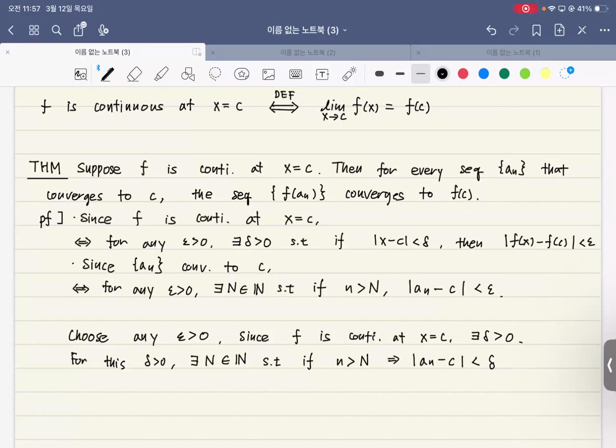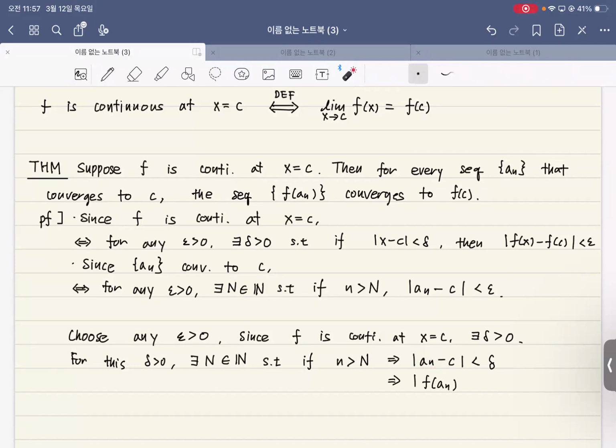Okay. Now this number a_n is in the interval from c minus delta to c plus delta. So if you plug in this number into your function f, then